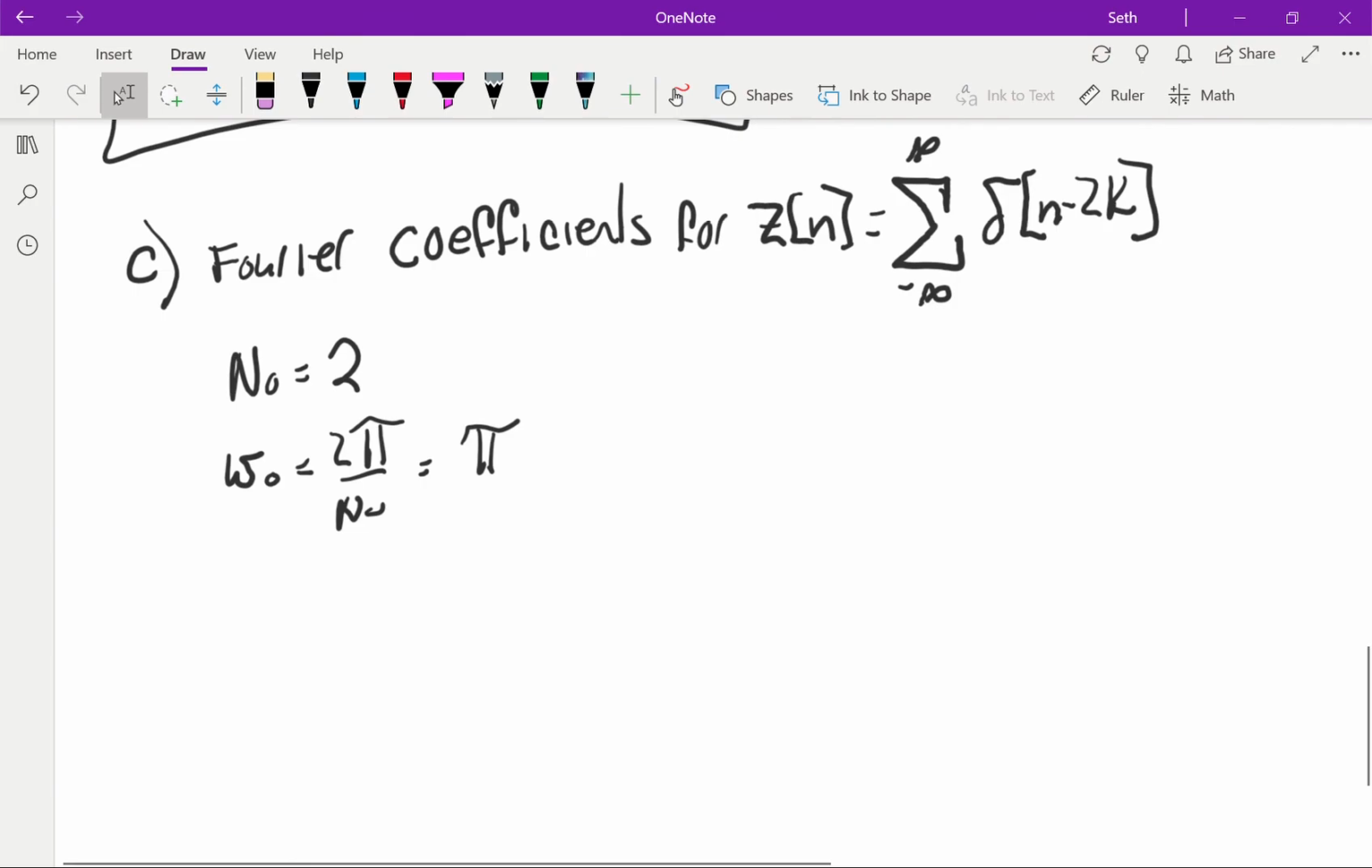Okay, so now let's write the Fourier coefficients. The way we find that is just going to be